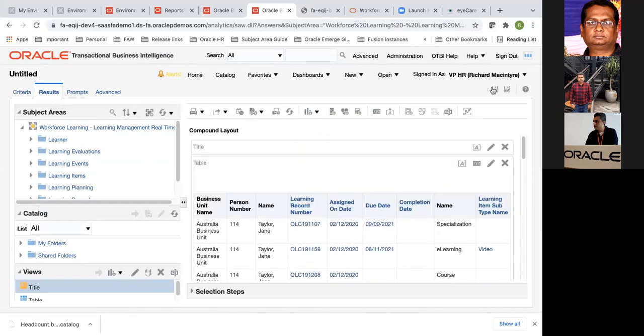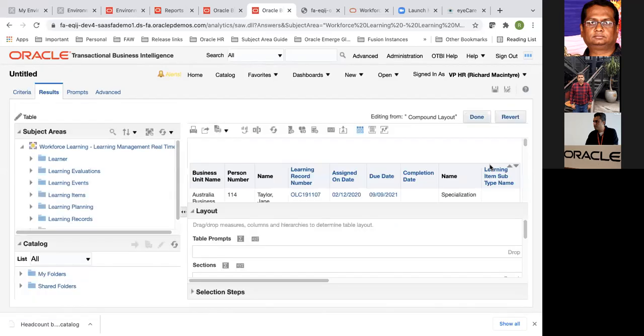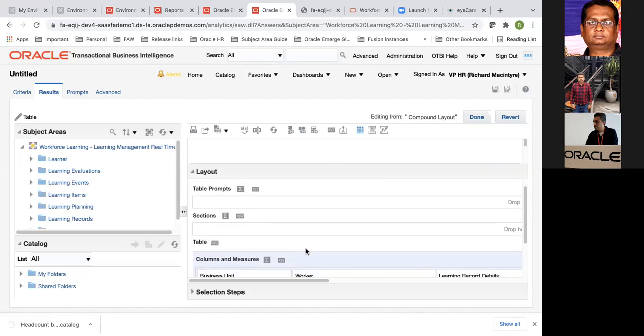And now what you want to do is have a report prompt to filter out only specific business units at a time. So how I do that: I'll edit this view. And as always, you don't have to disable display results. I'll still have it this time. I'll make myself some room.